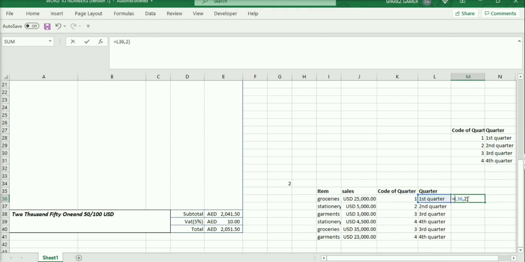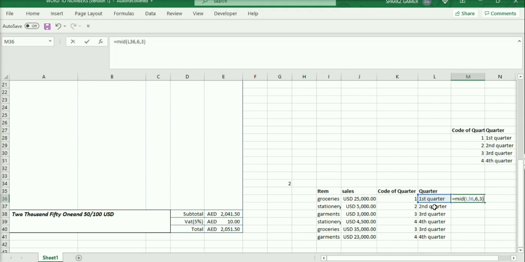Here I am using MID also. MID, this is our text, the first argument. Starting number, where it starts: I'm starting from 6. From 6, how many characters do we need?